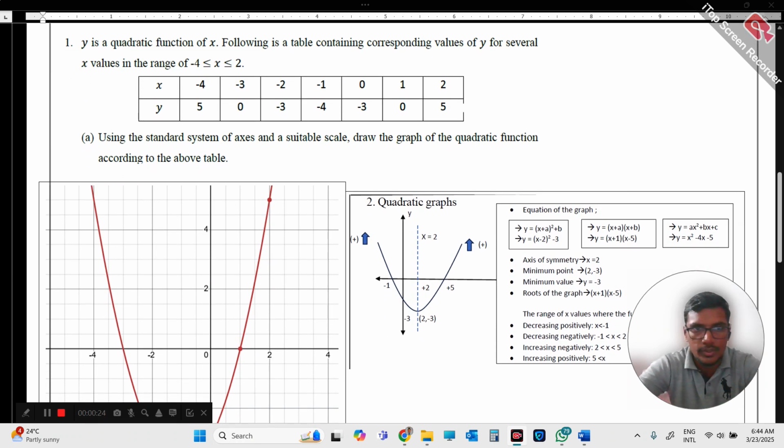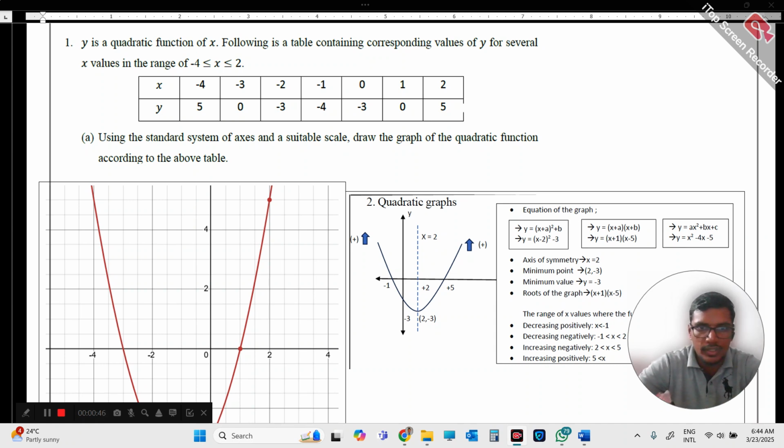Okay, in the first question, it's a graph question. They have given y values and all the exponents they have given, but they haven't given what is the equation. Usually they give, but this question they didn't give. So what they have asked, using the standard systems of axes and a suitable scale, draw the graph of the quadratic